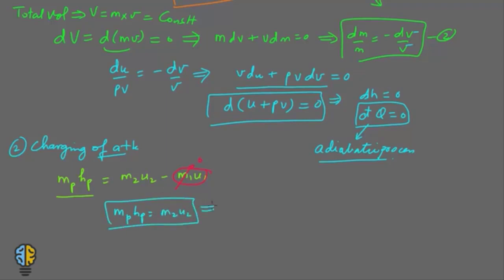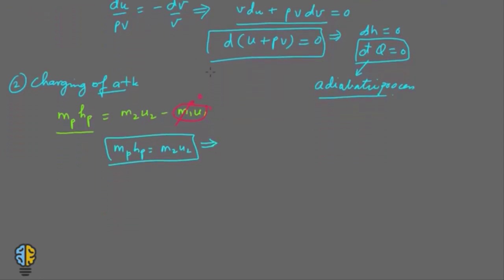So this gives us that when we assume the tank to be initially empty and we are filling it or charging it from a supply line, the mass of fluid coming from the pipeline would completely fill up the tank. So the final mass of the tank will be equal to the mass of the fluid which is coming from the pipeline. Okay, and the energy of that tank after filling up would be equal to the energy of the fluid which is coming from the pipeline. So this is a very important analysis that you need to understand.